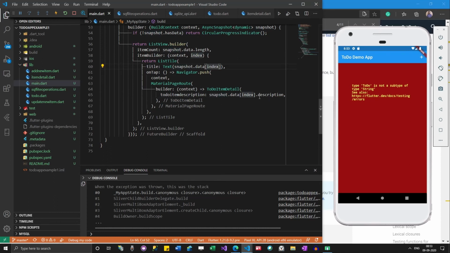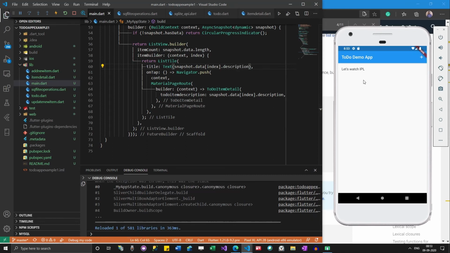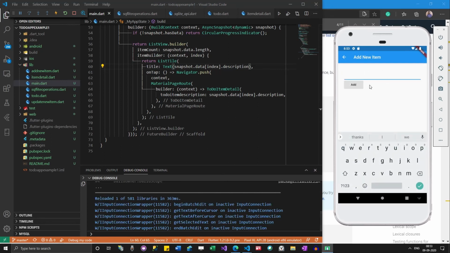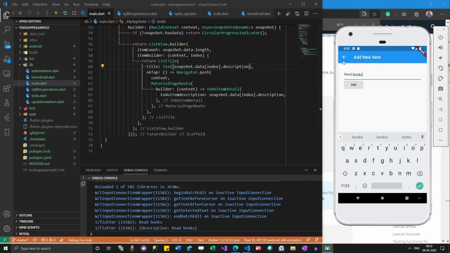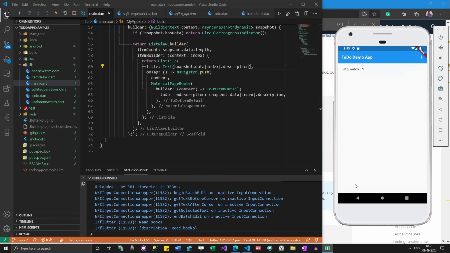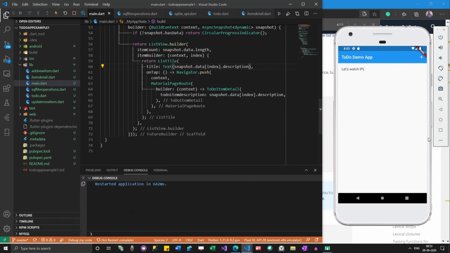Yeah, here I have to give the dot description, and then you can see it has started showing the items. Let me add one more thing, read books. I have added the item, and if I go back and refresh it, you can see there are two items.